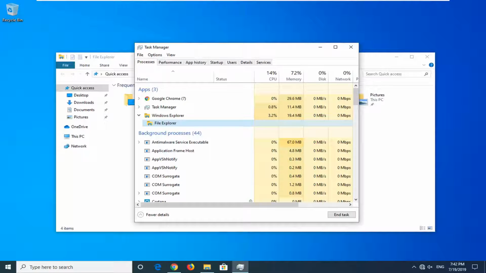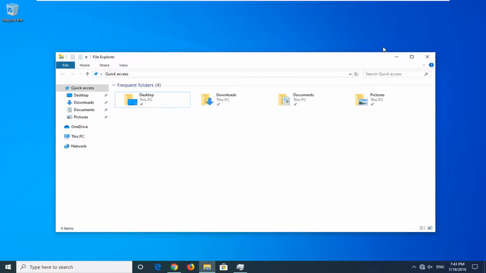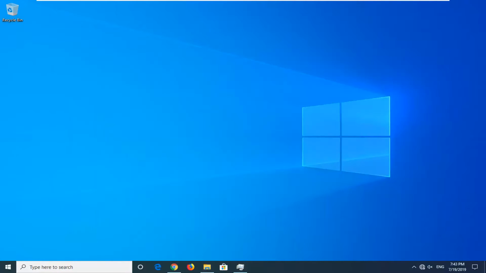Please keep in mind this will not apply if you're using Windows Store apps, because this unfortunately will still close out of Task Manager even if this option is unchecked. So just keep that in mind, but for all other applications it should work in the way that I demonstrated in this tutorial. So I do hope this brief tutorial was able to help you guys out,